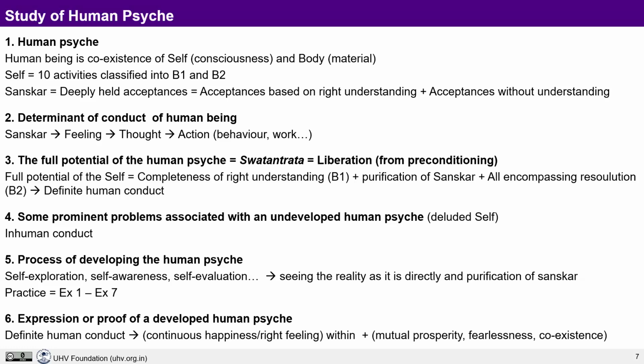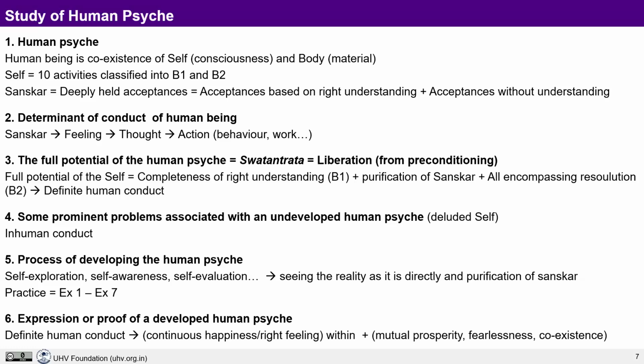So on one hand, we are having the clarity of proposal, so that there is no dilemma, no contradiction, no confusion in our thoughts. At the same time, we are trying to bring this into our living through practice sessions. So exercise 1 is observing the self, that is the consciousness by the consciousness. Exercise 2 is observing the material by the consciousness. Similarly, we have exercise 3, which is observing the space, that is coexistence by the consciousness.